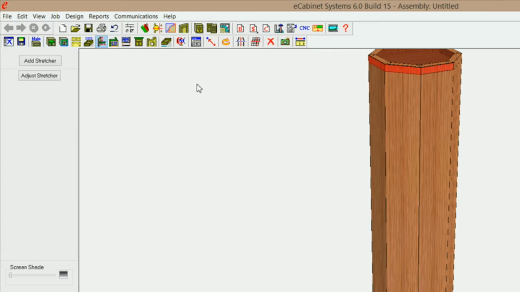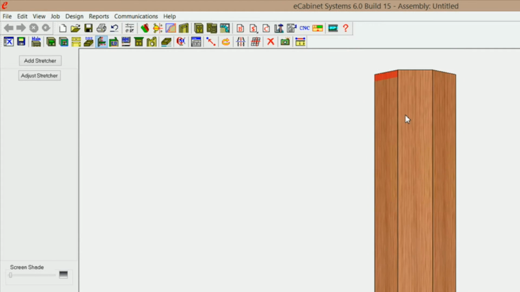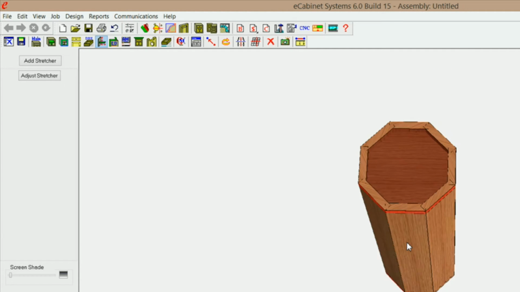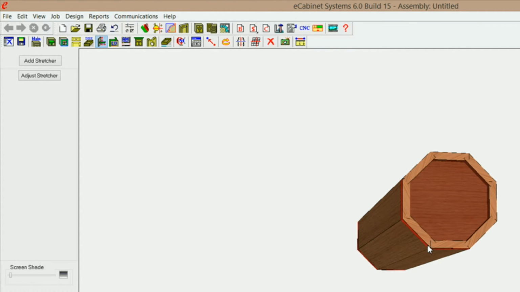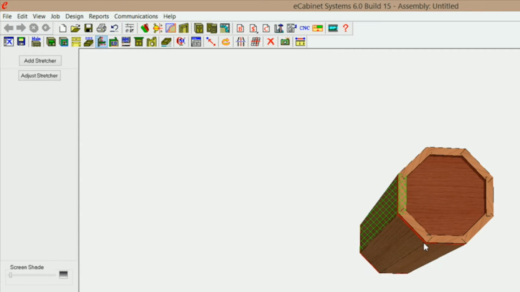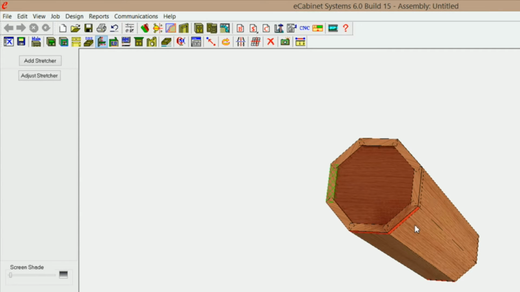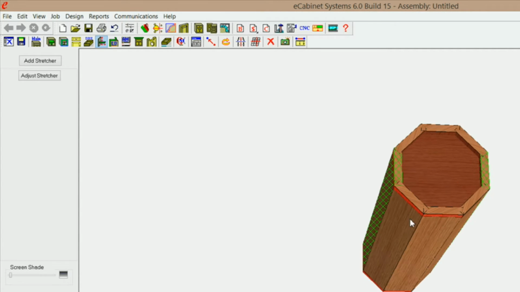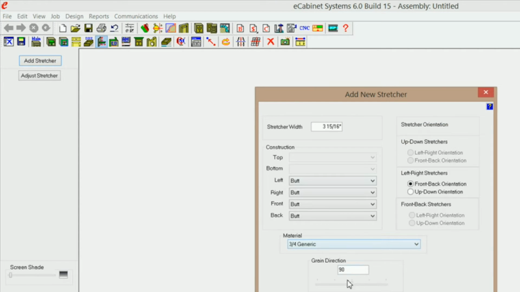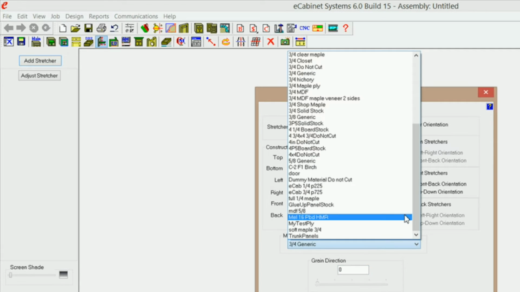So I'm going to hit home because I've been rotating it around here and it's hard to tell which is the actual left and right end. I'm going to click on my left end and I'm going to click on my right end, and I'm going to put a left-right stretcher in here. I'm going to go to add stretcher, and right now I got my grain direction set at 90. I'm going to put it at 0, and I'm going to hit enter, and I'm going to select my material that I have made up